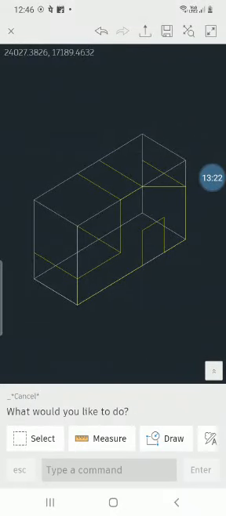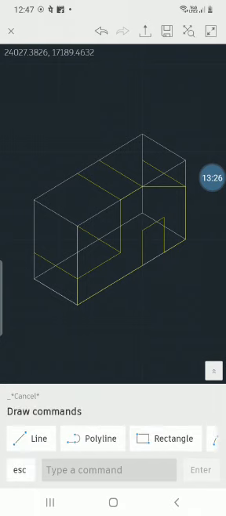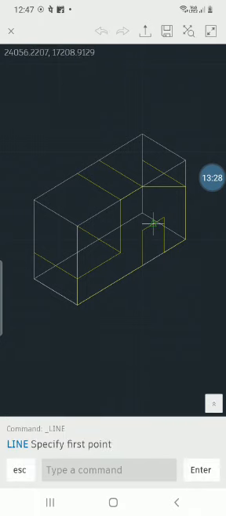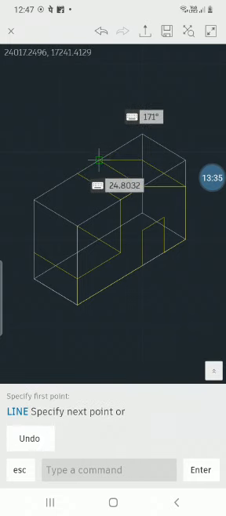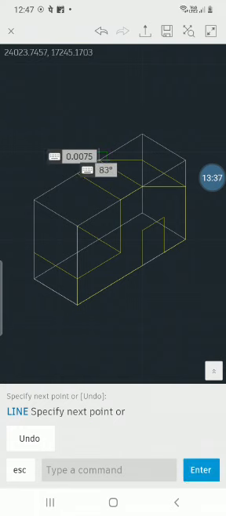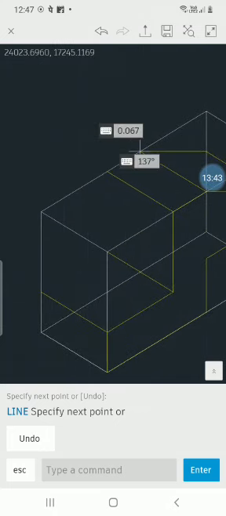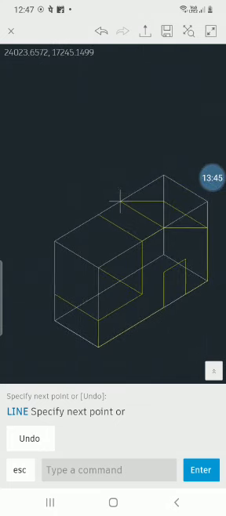Diagram over here. Now whatever the points are there at a distance of 30 mm, with the help of a continuous line you will have to simply join it. So select the line, click on this point, go to the next point, again select this point like this, again go to the third point like this and join that.